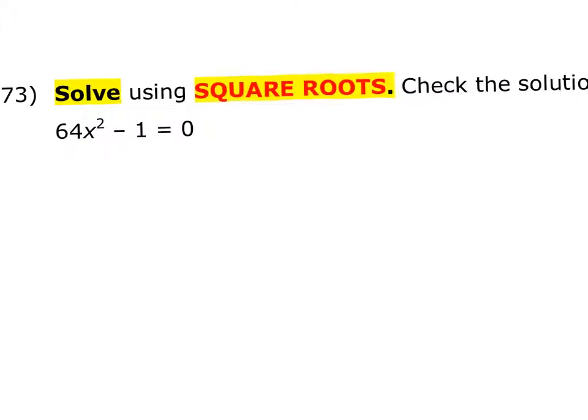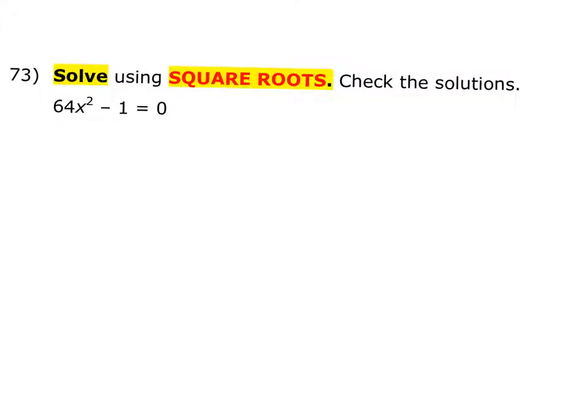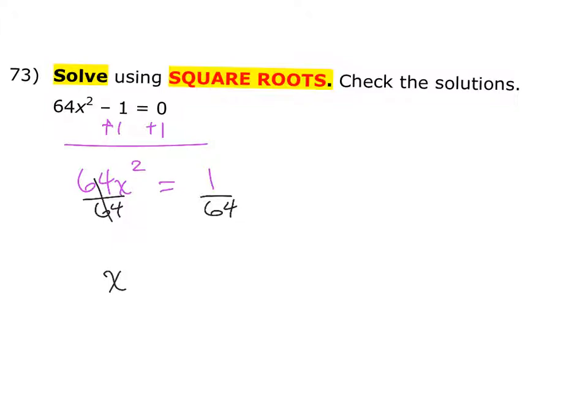All right. Solve using square roots. They tell you how to solve. Well, to use square roots, it means you have to have an equation that you could then take the square root of. So let's add 1 to both sides. 64x squared is equal to 1. Divide by 64. X squared is equal to 1 over 64, which means that to unsquare, I'm going to take the square root,